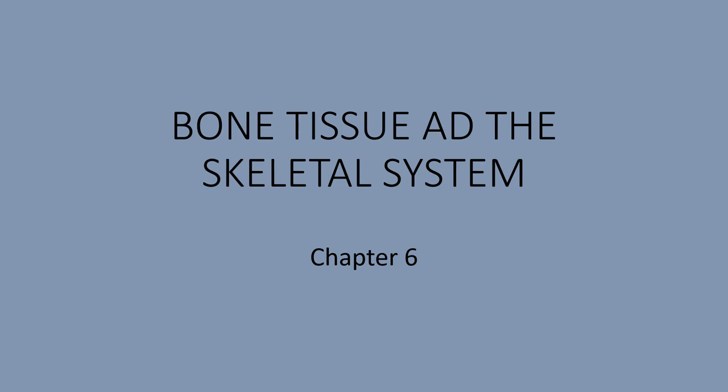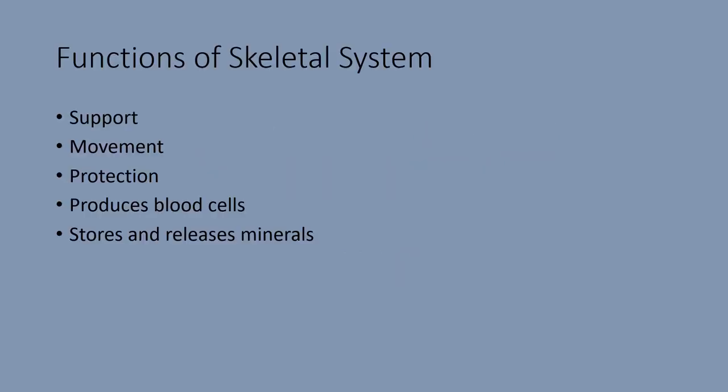Chapter 6 deals with bony tissue and the skeletal system. Overall, the functions of the skeletal system are to help support various organs. It helps provide movement because the muscles are attached to them. It provides protection for a lot of your fragile organs. It helps to produce blood cells, your red blood cells, white blood cells, platelets, and also is involved with storing and